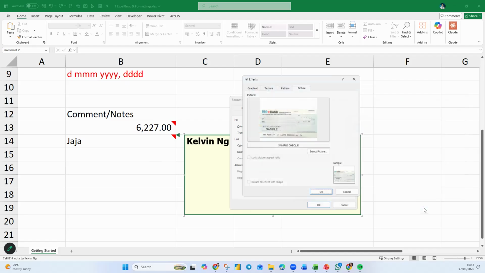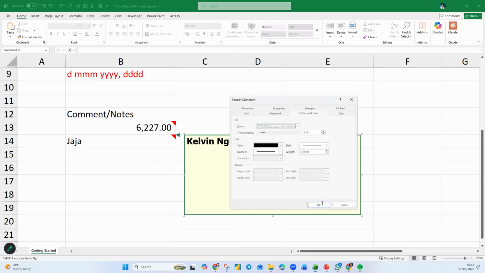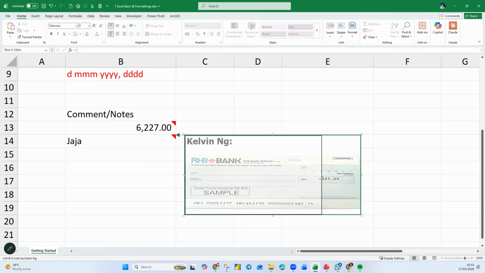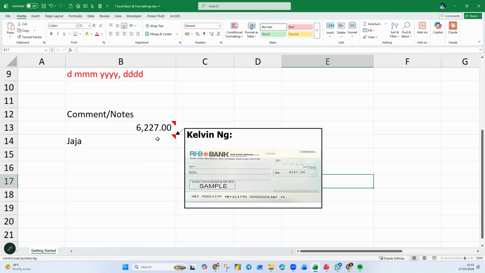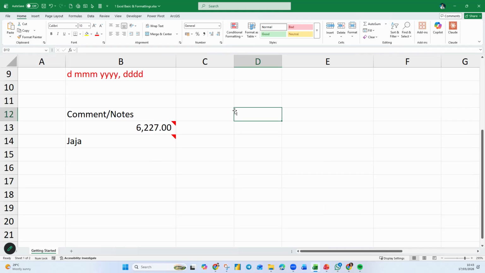So this is what it looks like. Okay, and okay again. There you go. Then this will be a lighter version, not so heavy, because it's just a formatting. It's just a very quick display only, not actually the whole picture embedded inside your Excel. If the whole image is embedded, the file size will grow. Then I understand why some Excel files are very big.